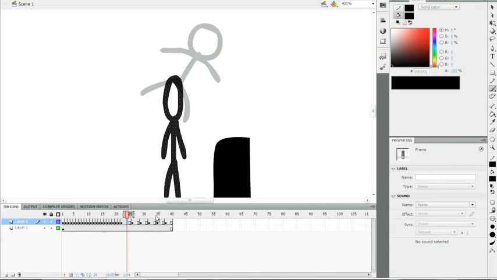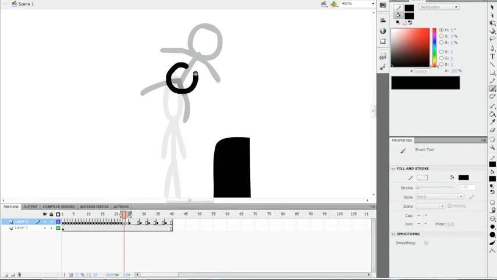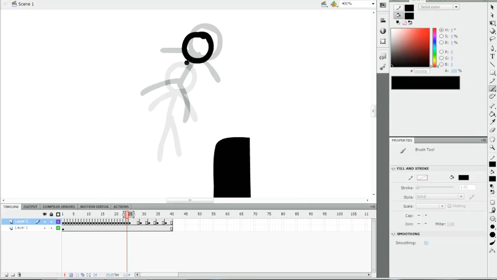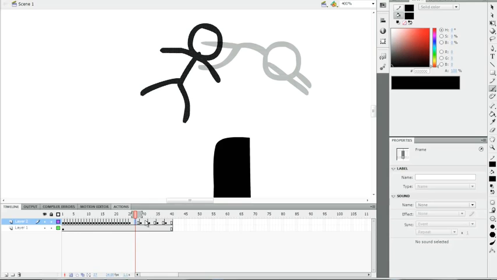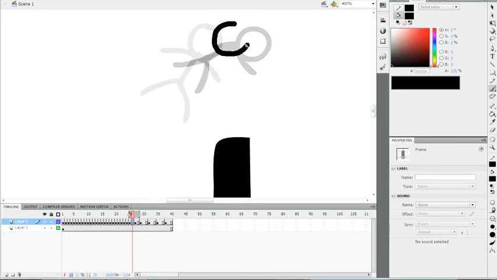So in between these, I think I'll just put 2 in between here. Yeah, that first one was better. Okay. So this head's going to be closer to that. Okay, he's kind of just going to float over, I guess. I don't know. So his arm goes from back there to here, so I'm just going to, yeah, I don't know, like that. Yeah, whatever. And then between these two,